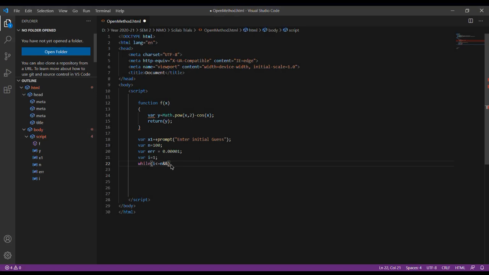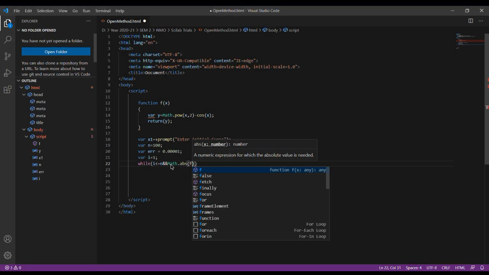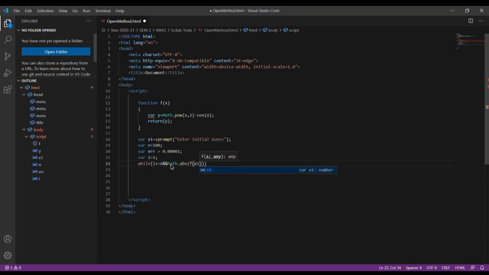Math dot abs in round bracket f of x1 in round bracket. Now go at the last round bracket, greater than